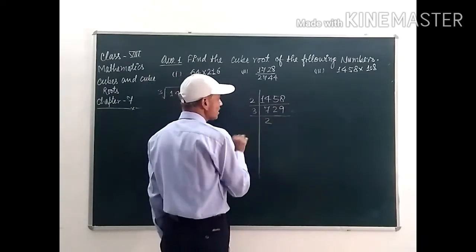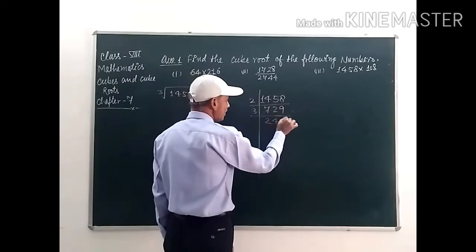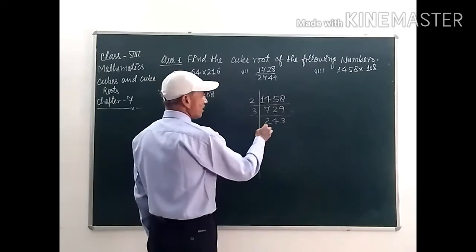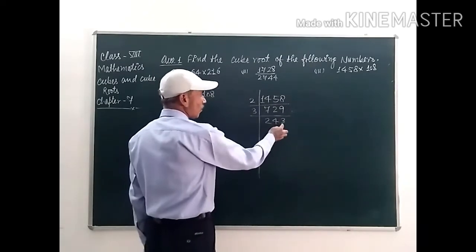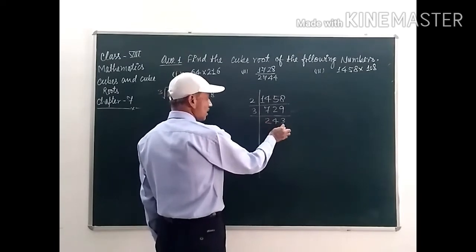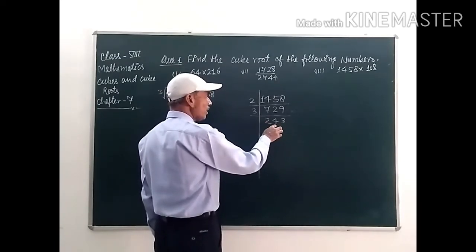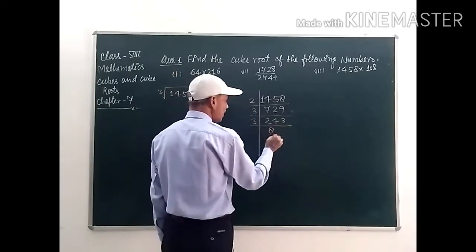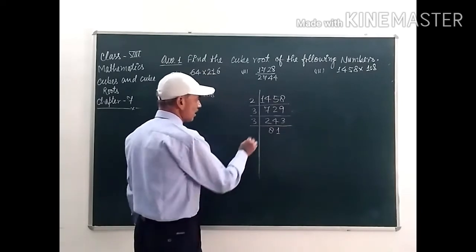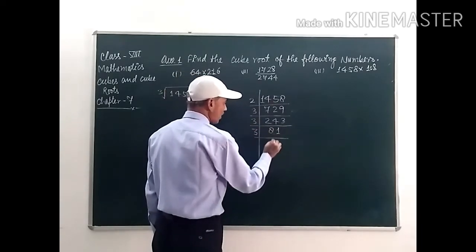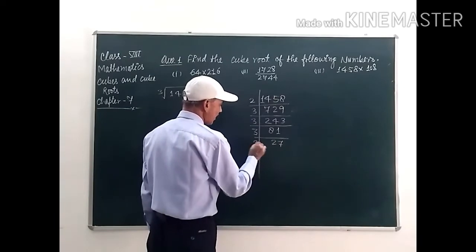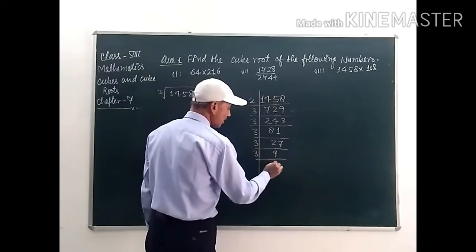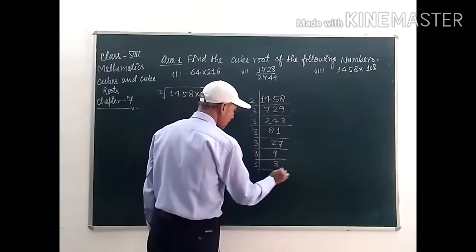So 3 twos are 6, 3 fours are 12, 3 threes are 9. Okay, so this is 243. 4, 2, 6, this number, 3 fours are 12, 3 sevens are 21, 3 eights are 24, again by 3, 3 ones are 3, again by 3, this one 27 and take 3 here, that is 9, again 3, 3 threes are 9 and 3, that is